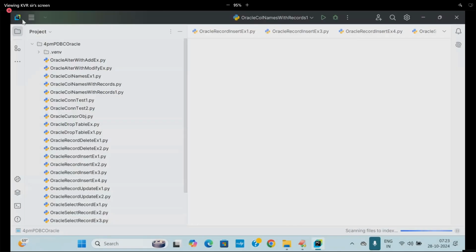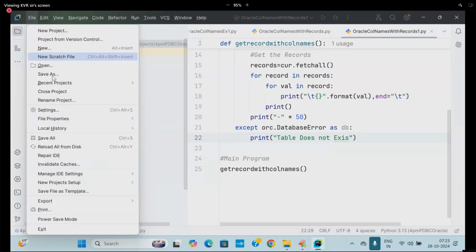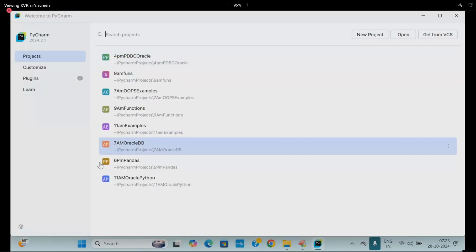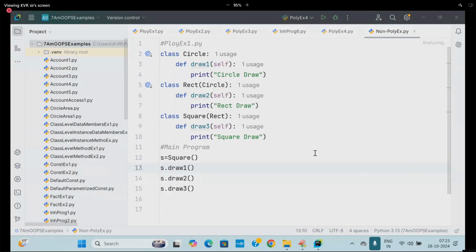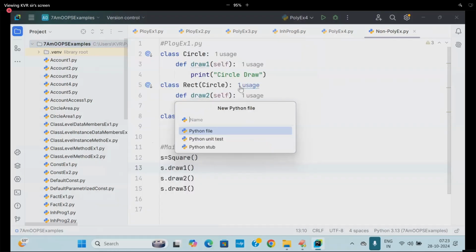so let us close this area. These are the examples we did already in the previous class, and we will continue this process. Okay, so let me go to another example, which we discussed already. And today we are going to discuss constructor overriding also. We'll go for it. So, polymorphism example